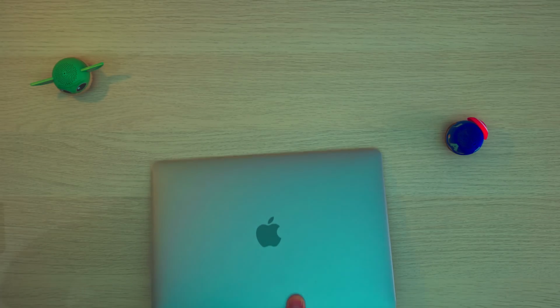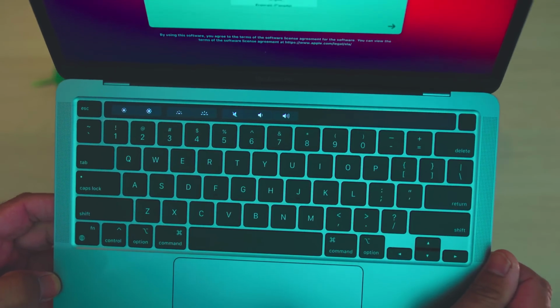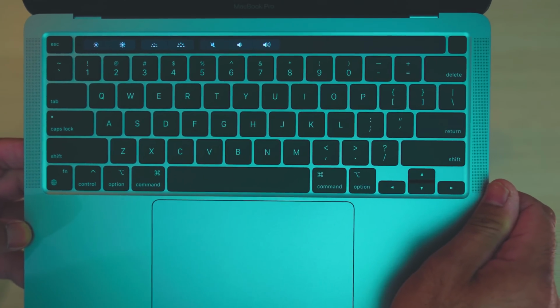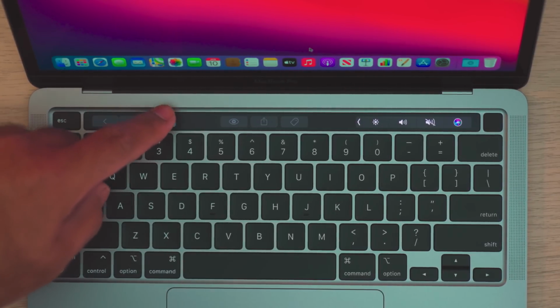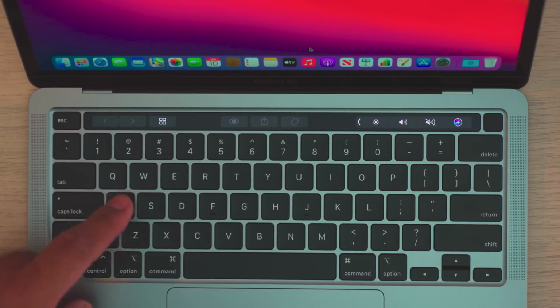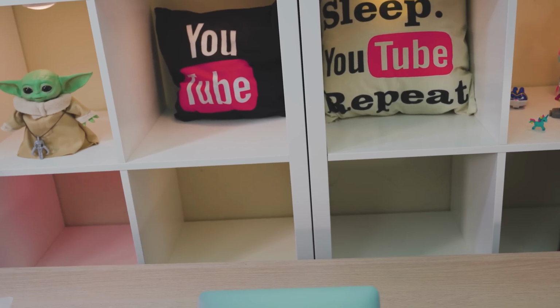Pretty much that's it. But what I like most about this one is the touch bar. The touch bar is so convenient, ease of use, makes everything easy. So in the touch bar, you can program it to your favorite liking. You can add apps to it, the ones you use mostly, like Instagram, Facebook, Twitter. So this MacBook,